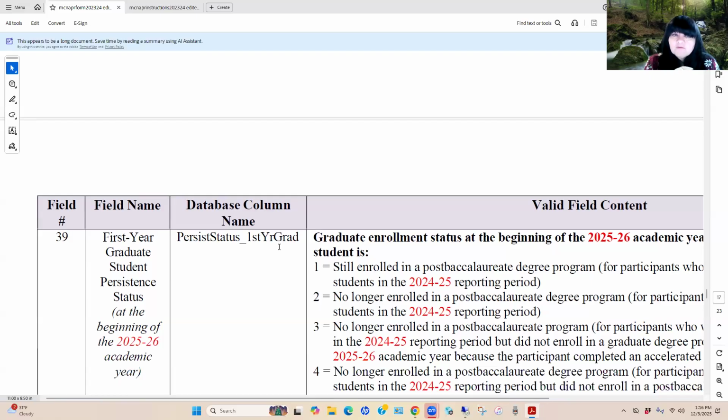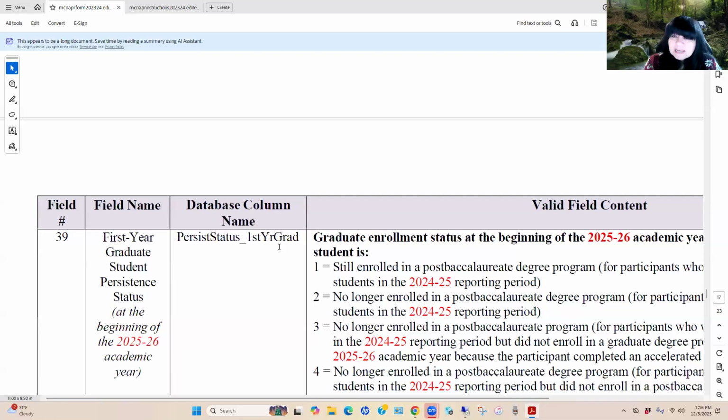We've put them into the 24 cohort. And now in the fall of 25, in field number 38, we want to tell them they're in graduate school. And so we typically want to do that. We want to tell them the institutional code, and we want to give them that IPEDS number to say they're in graduate school in the fall of 25.